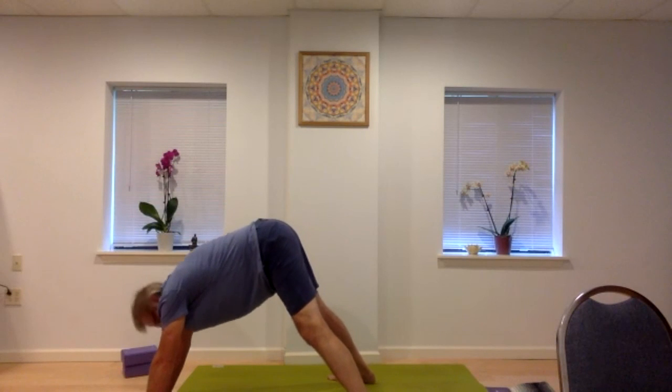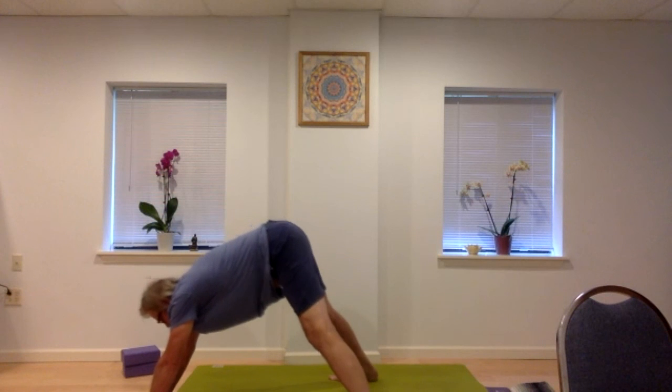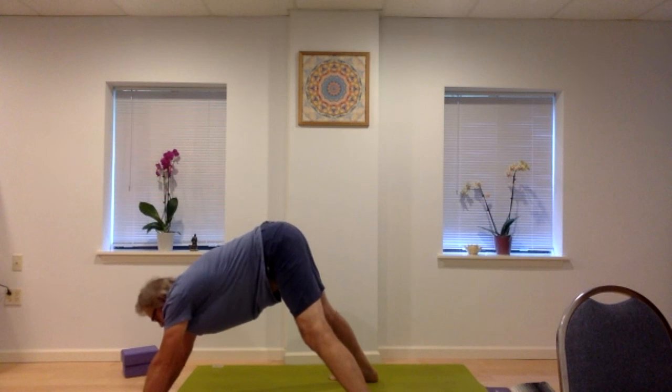And you can move your feet, turn your feet in, take your heels in, take your heels out. Really feel that stretch in the back of your legs from the calf all the way up to the hamstrings, really all the way up to the hip. And you could walk yourself out. Now,